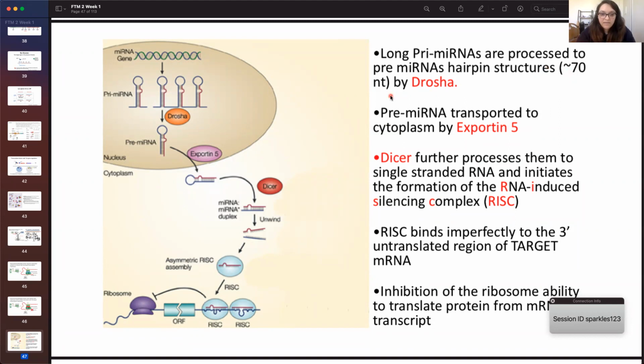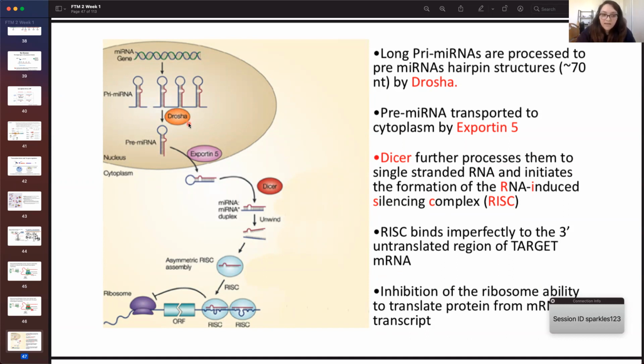You have these long pri-miRNAs, not pre-miRNAs, and those are going to be processed into these hairpin structures over here. And then Drosha is going to come in, and it's going to create these hairpin